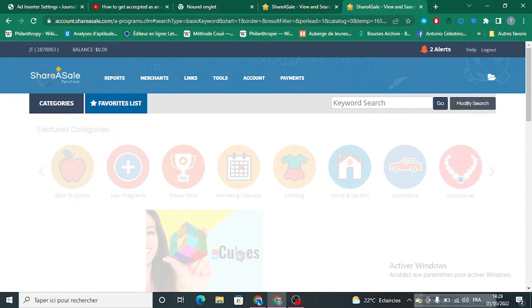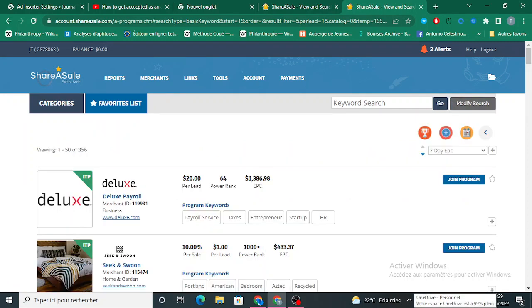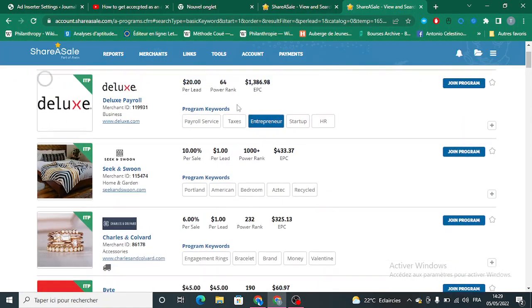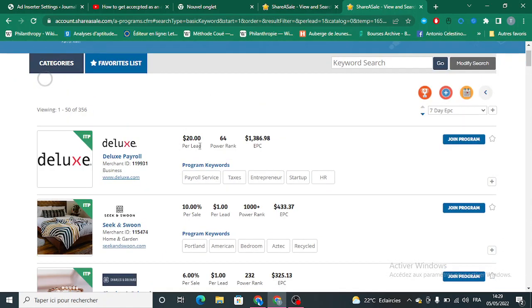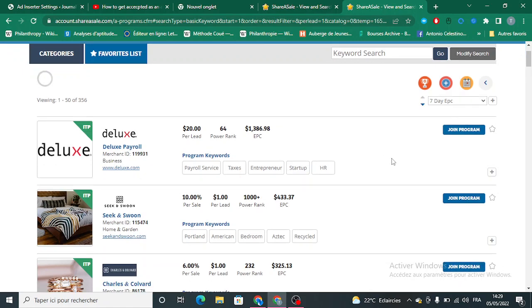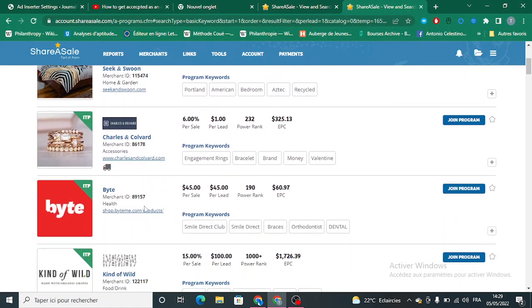So they are, for example, paying you per lead, for everyone who signs up and you have these program keywords in your article on your website. You can earn $2,000 per lead, which is something really great. Here, for example, this one per lead.